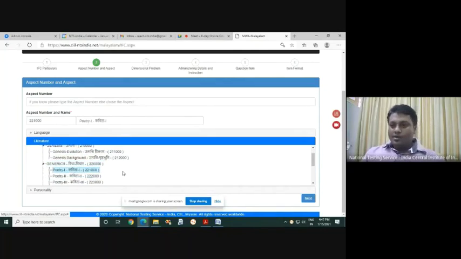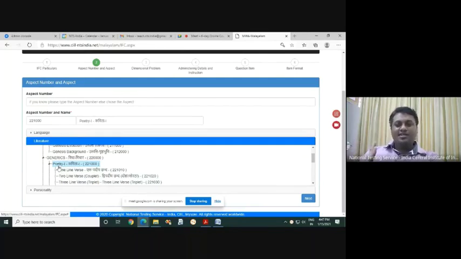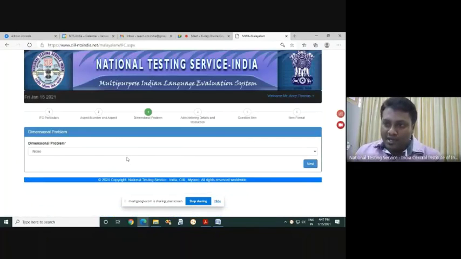Poetry also could be expanded, whether it's one-line verse or two-line verse or three-line verse. This much is enough. Once you decide and select this, you just click next. When you click next, you see the second tab work is finished. Now we have gone to the third tab, that's dimension problem.